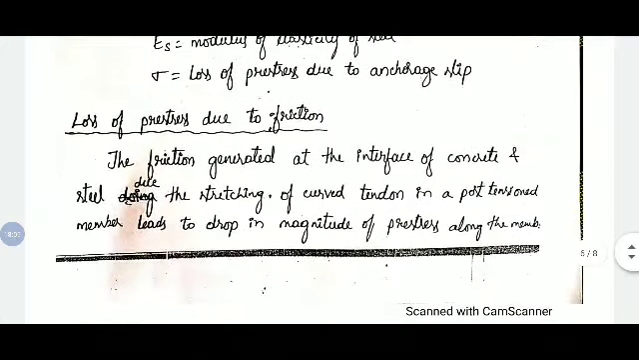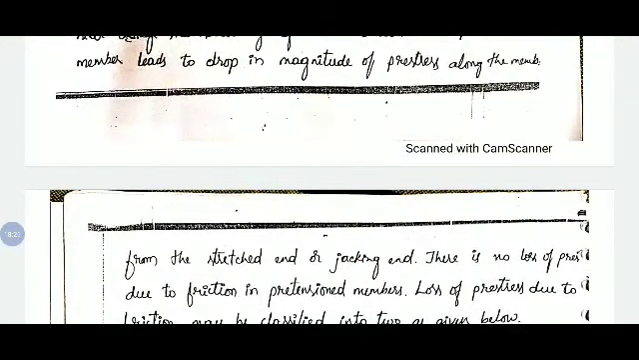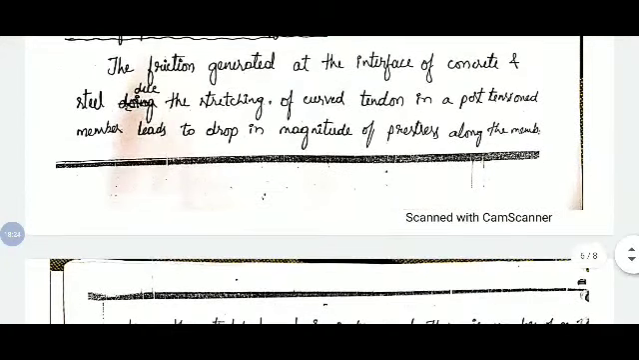And the last one is loss of prestress due to friction. The friction generated at the interface of the concrete and steel due to stretching of curved tendon in the post tension member leads to drop in magnitude of prestress along the member from the stretched end or jacking end. See, when we have applied the force, as I said, there is no bonding between tendon and concrete. By providing grouting, we may give a small amount of bonding over there, or if you provide a curved profile,